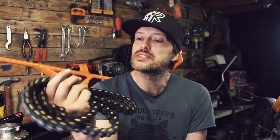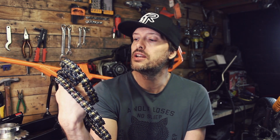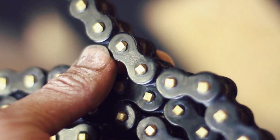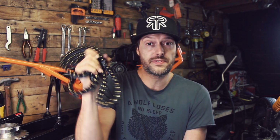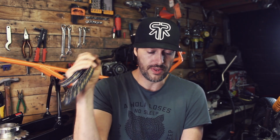And another nice little detail is on the side here, I know that a lot of other chains do, but it has actually got the name stamped on the side. Another nice little touch. So if you want one of these, and they are well worth it,